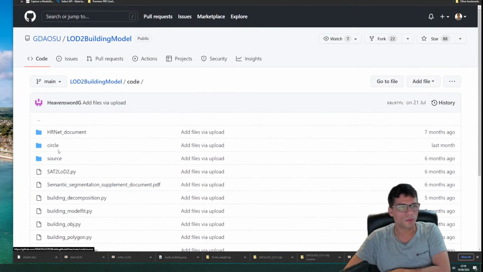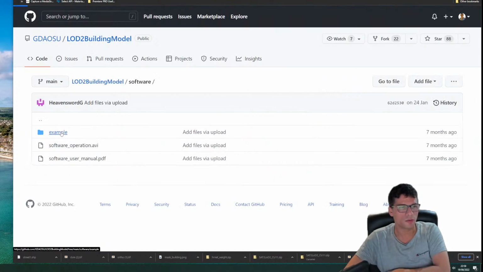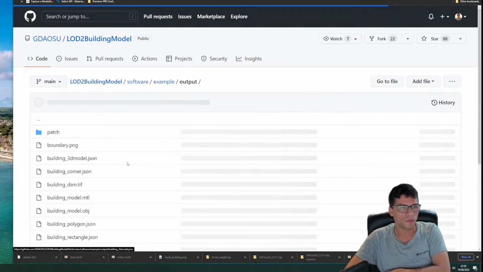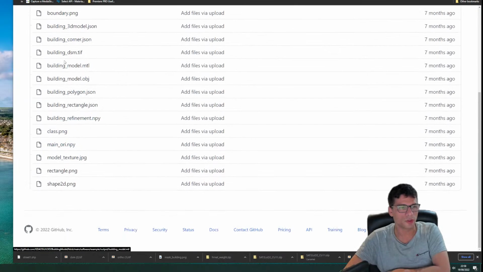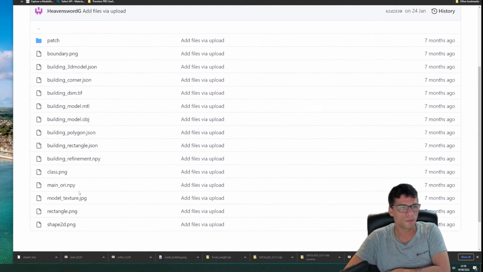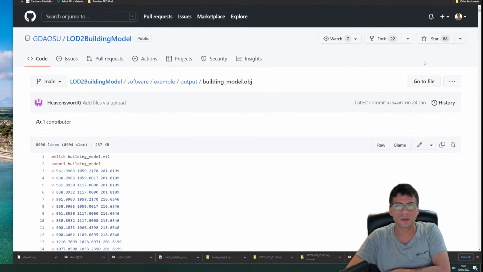But you know, the point of this exercise was to see whether it works or not. So these are the files that I should expect to see in the output folder if it works. So I'm going to download an OBJ or something that looks like a model. Okay, this one, for example. So if I download that,